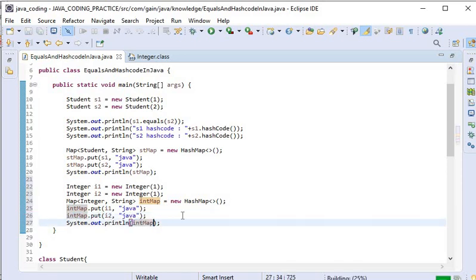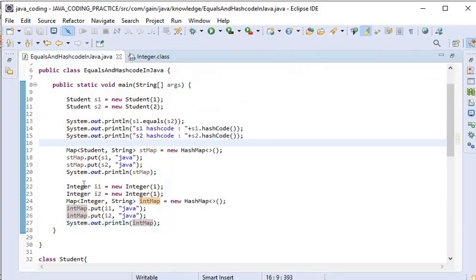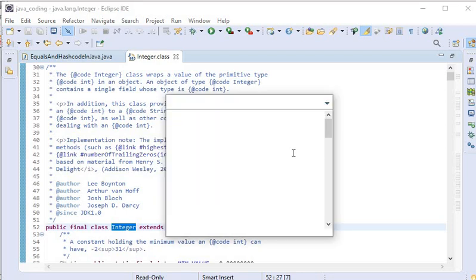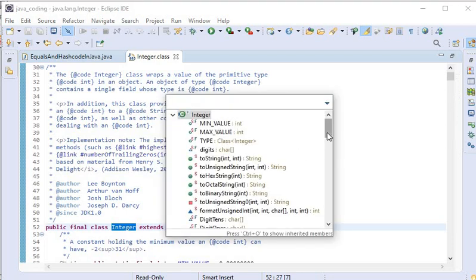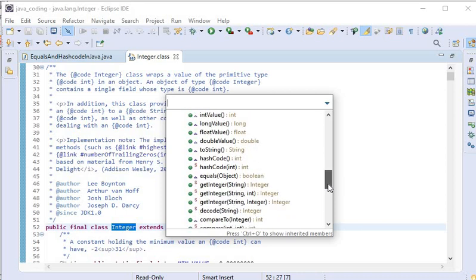now here it will not print any duplicate value. Here you can see it is printing just one object, id1, and referencing to Java, because the Integer class has already overridden this function, and here it has already overridden the equals method and hashCode method.